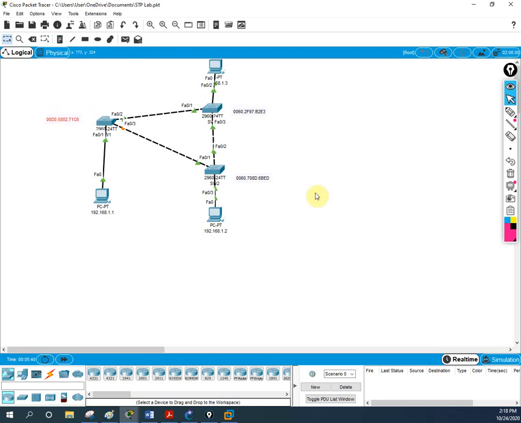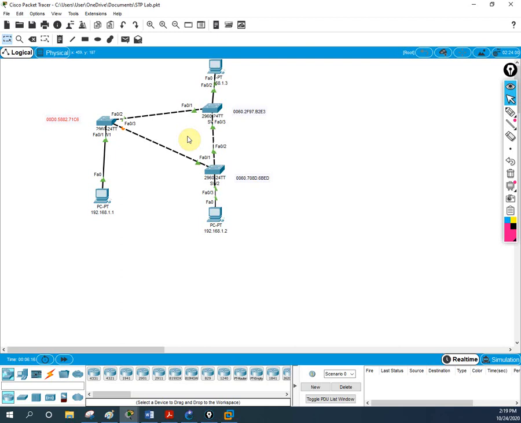In our next video, we are going to continue the same thing. We are going to discuss depending upon what parameter which switch will be selected as the king switch or root bridge switch, and why the other switch is not selected as a root bridge, that is, a non-root bridge. What is the reason, which parameter we are going to consider, which parameters spanning tree protocol runs, and how it selects the root bridge and the root port. What are the designated port and non-designated port, we are going to check in our next class.